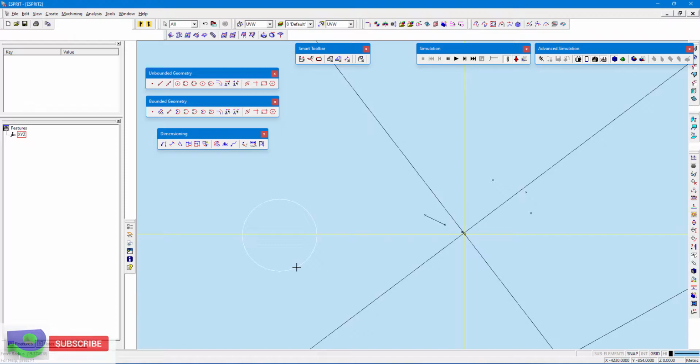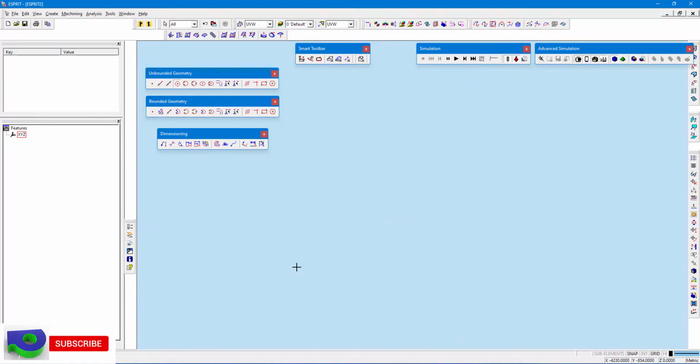For example, I need a diameter of 100 mm, so I have to enter 50. So it will come up with a diameter of 100. To confirm the dimension, you can go to the dimension menu, select dimension and select the circle. It will give you the correct dimensions.